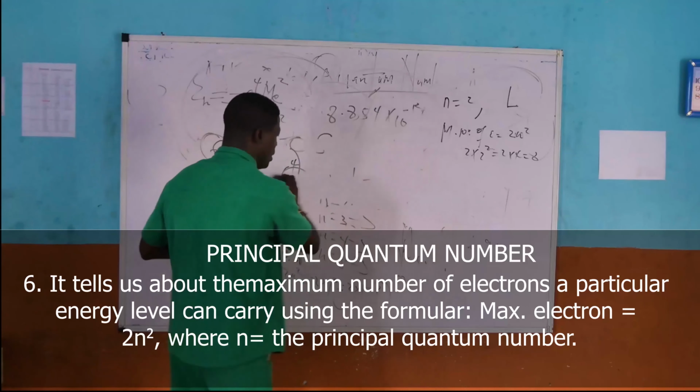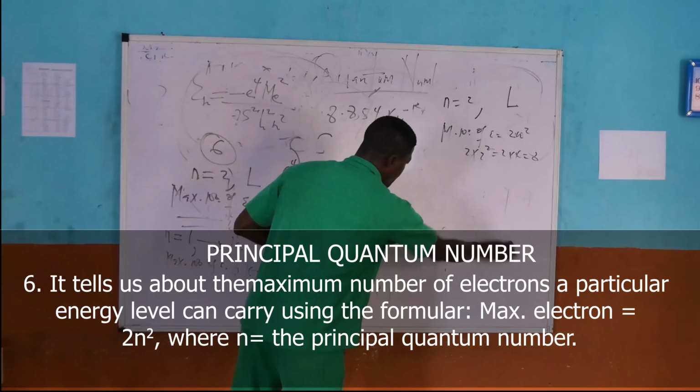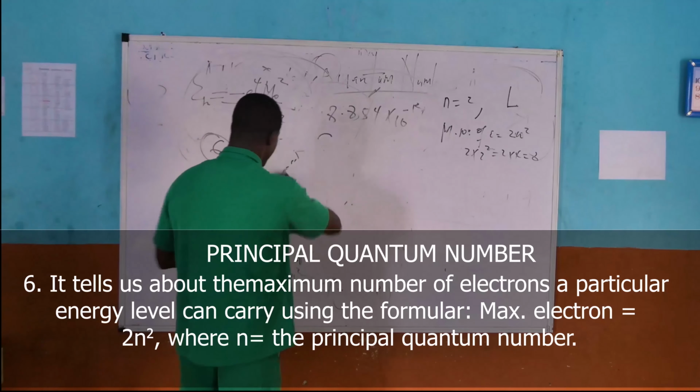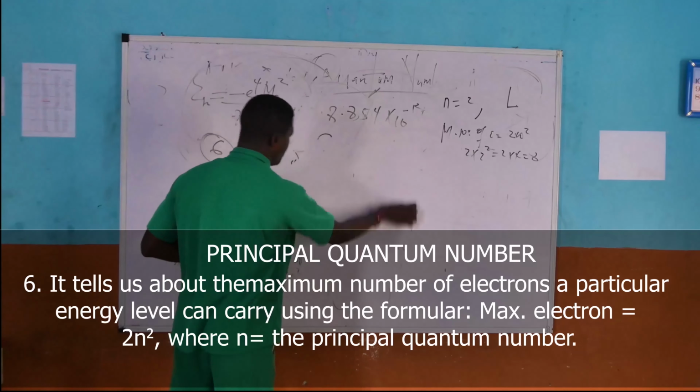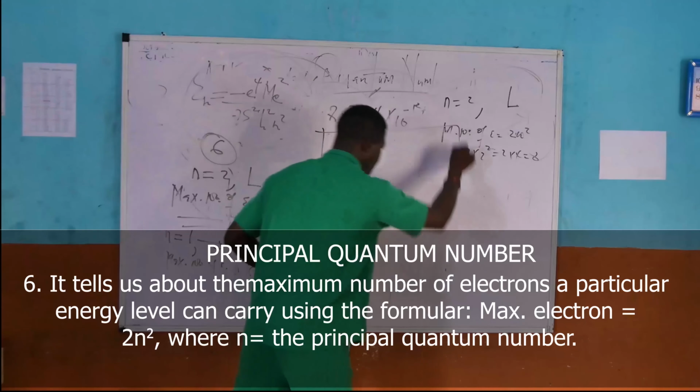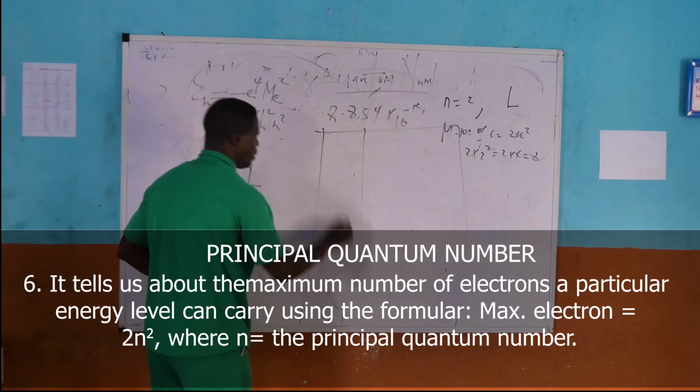A summary. Let me just give you a summary of how the principal quantum number could be used to determine correctly the maximum number of electrons that could be accommodated by the principal or major energy level. Let's say this is the principal quantum